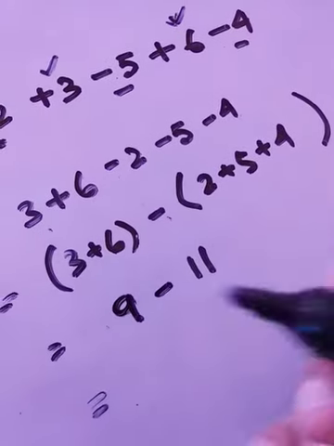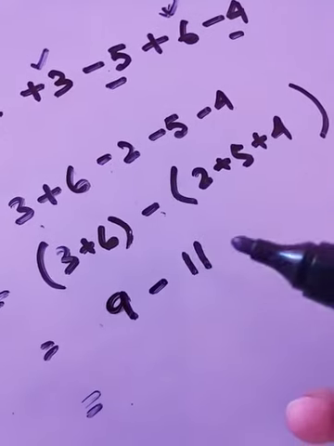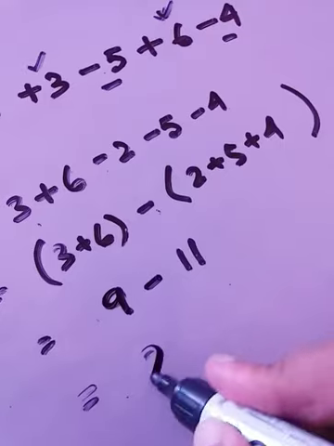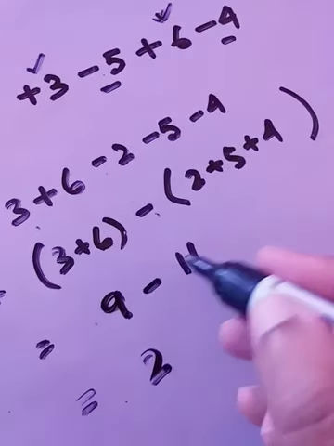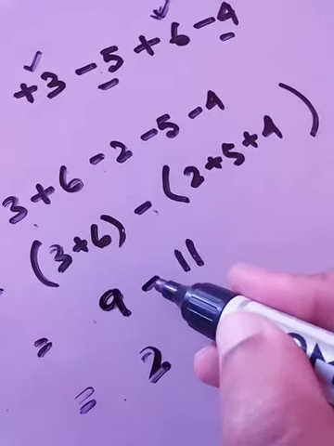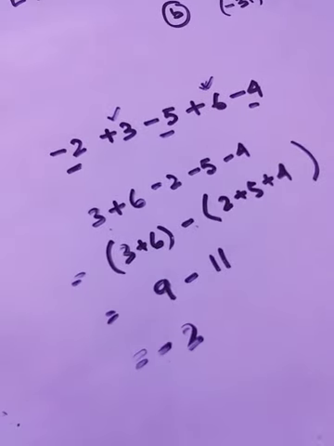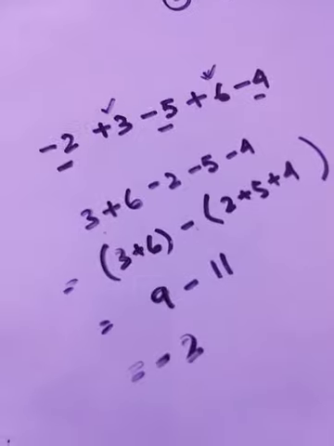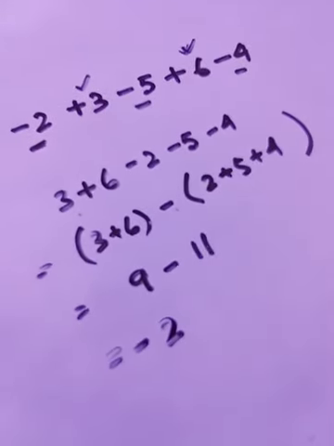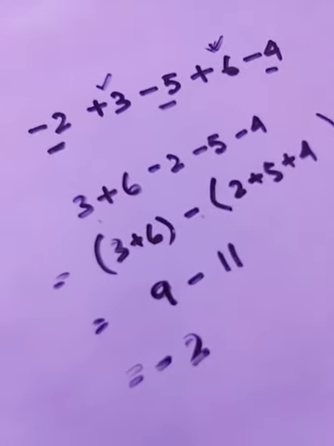Plus minus minus, that means we have to do minus. 11 minus 9 is what? 2. Now which number is greater, 9 or 11? 11 is getting what sign? Minus, so give minus. That's it. Okay, try to do it in this process. I guess it will be much easier, and you can also avoid silly mistakes.